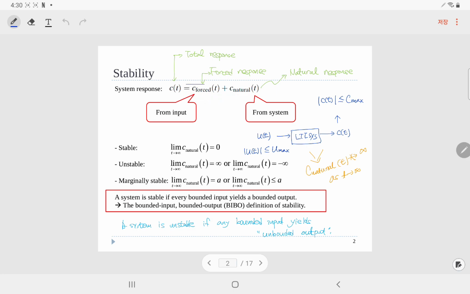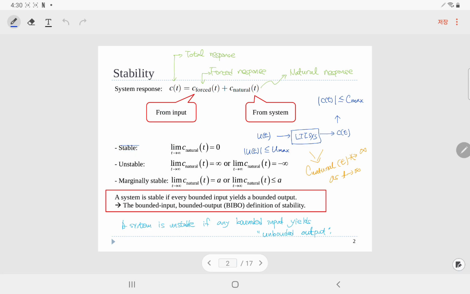자, 이것을 굳이 말씀드리는 이유가 사실은 시스템의 스테빌리티와 관련된 정의가 시스템의 내추럴 리스판스 텀을 살펴본다기보다 내추럴 리스판스를 이용해서 시스템의 스테빌리티를 정의하는 것이 일반적이기 때문입니다. 여러 가지 정의 방법이 있는데 그 중에 가장 보편적인 방법을 말씀드리는 거예요. 자, 밑에 세 가지 케이스를 아까 영문으로 설명을 드렸어요. 스테이블한 케이스는 뭐냐면